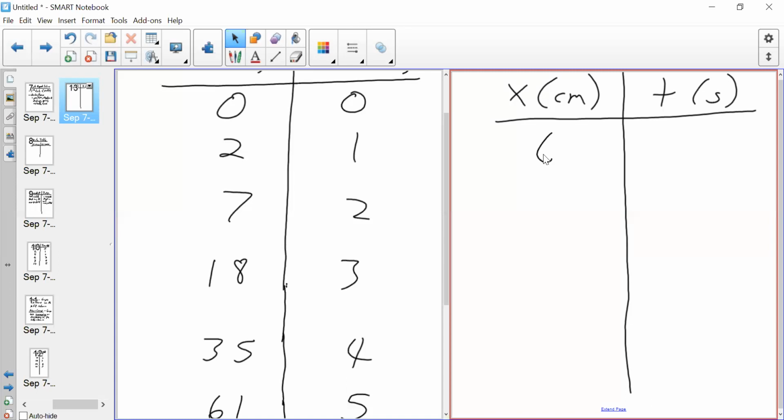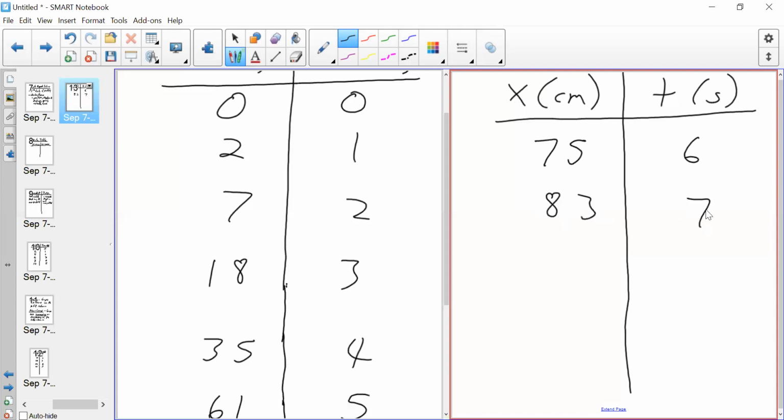Just continuing. Not exact with that. Let's go in the 6th second, it goes down to 75 in the 6 seconds. And then we're going to go to 83, and 88, 90, and